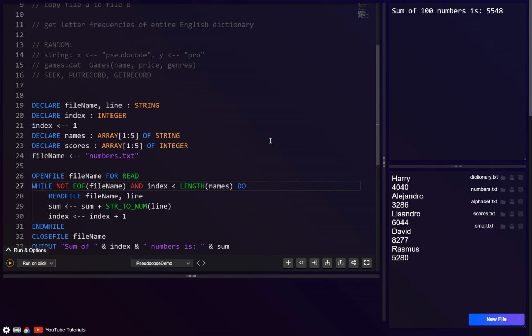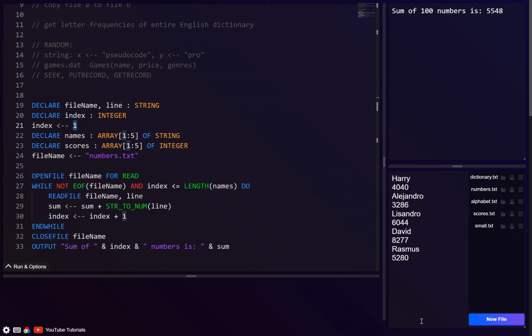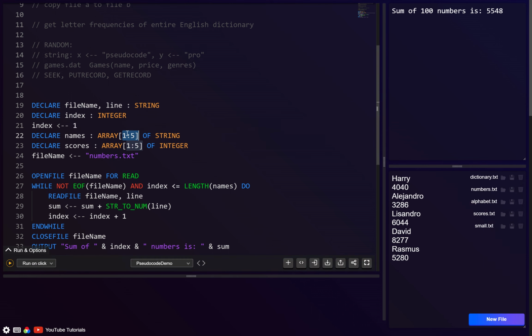So let's do less than or equal to length of names. What this means is that if the index goes to 6, because maybe we've got 6 lines in the file, but the array size is only 5, then it's not going to read that 6th line in. Because I think this was also the exam question, where